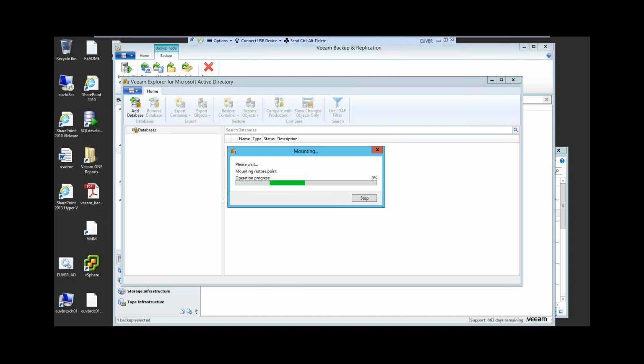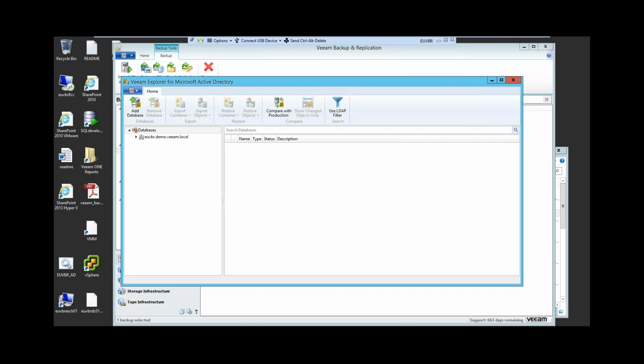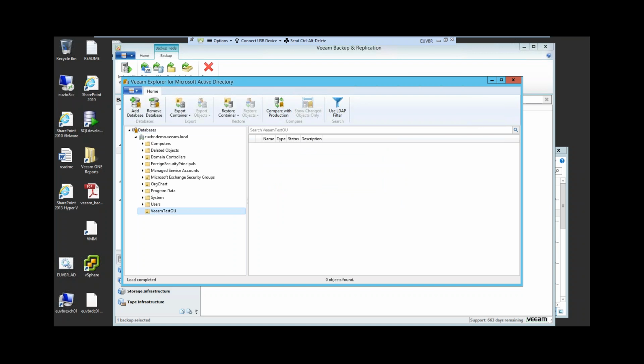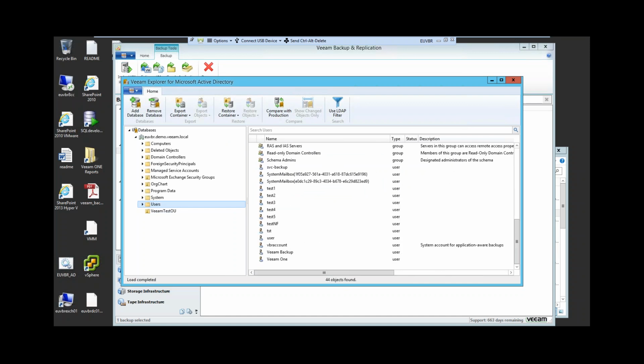I can restore any item. So here we go. We have users, some other groups, and